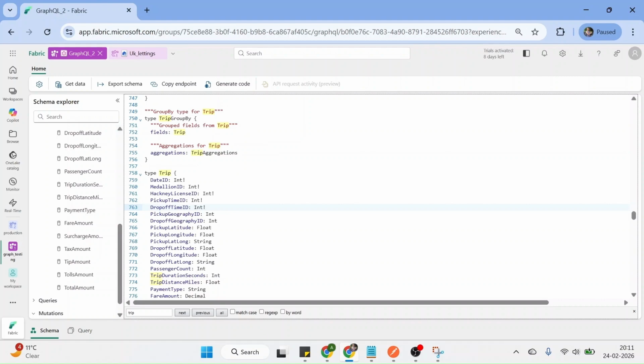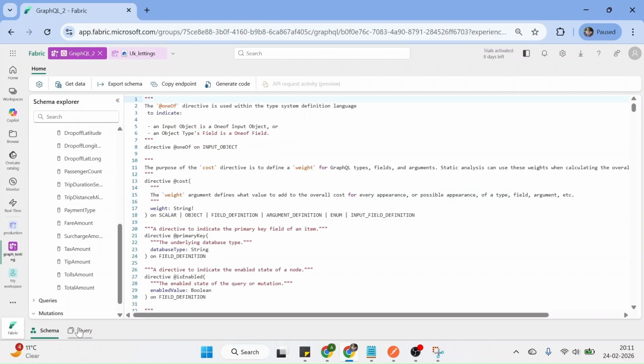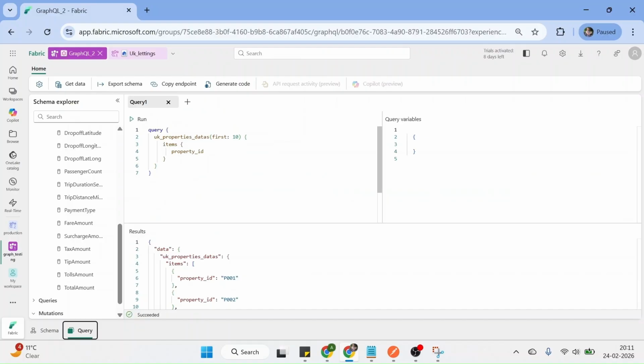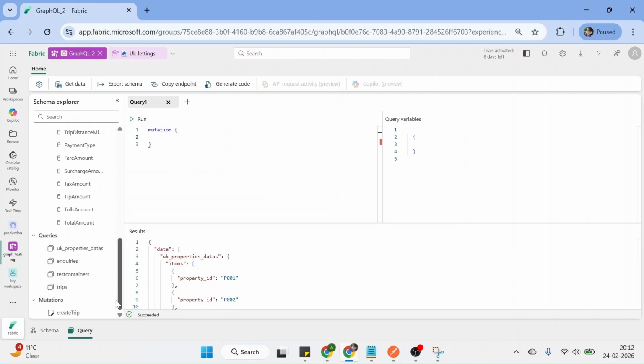Now let's write a mutation query for this. Let me select this, click on query. And this time we will write a mutation query. Again, the syntax remains the same as how we write it, just that a few things will be different. So we have create trip. You need to select create trip. As soon as you select create trip, you need to provide the item. An item is nothing but the structure you want to create. So we are going to create,